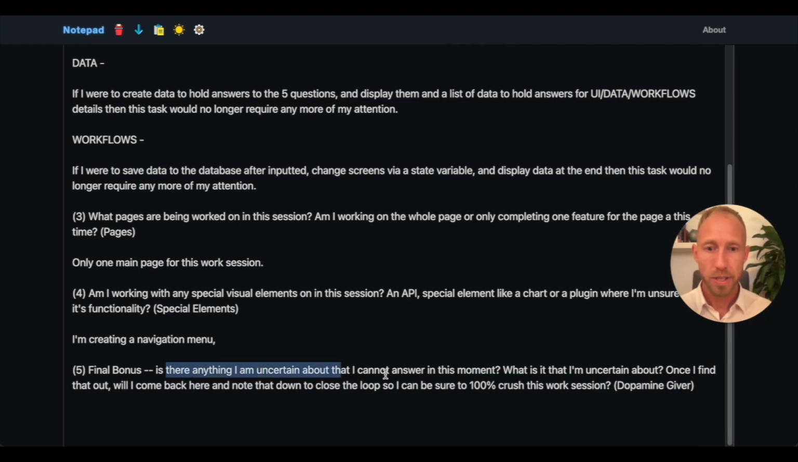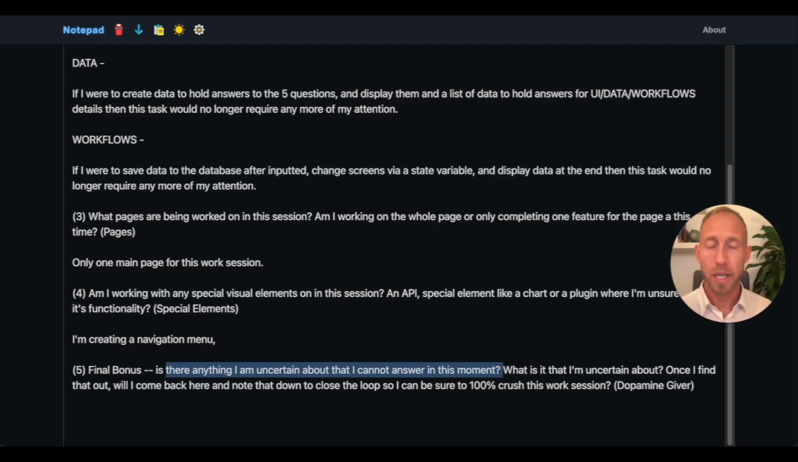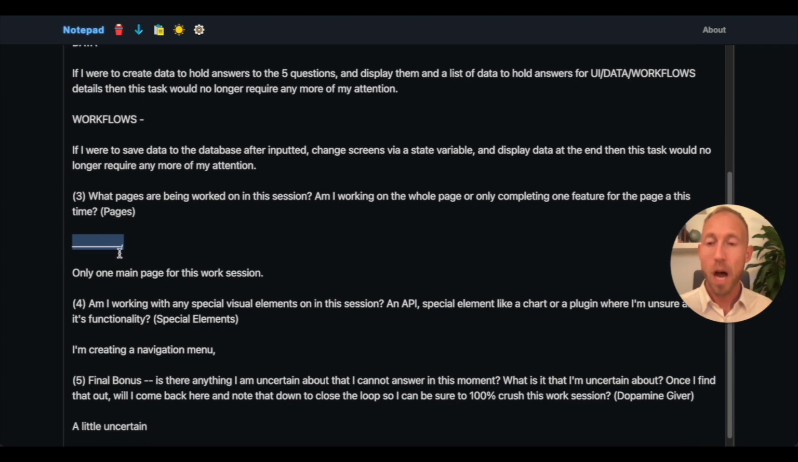So final bonus, is there anything I'm uncertain about that I cannot answer in this moment? So let me think about that for mine. So I am a little bit uncertain about when I had these things with the 3 options here. So let's see, what do I call these? Fill in the blanks. Adding a